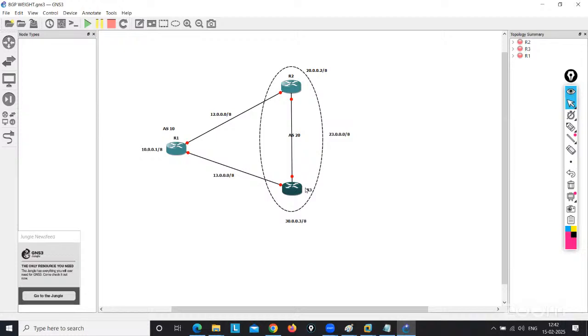We have multiple attributes so that we can play with it. For incoming and outgoing, we want to receive the 10 route from here to here. What do I need to use here, and from the R1, what do I need to use? Exactly, the interviewer's question will be like this. They will not ask you what is what. They will not say, please explain, what is the AS path? They will not ask like this.